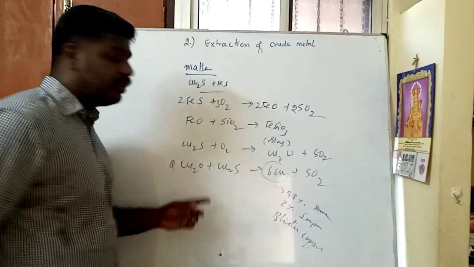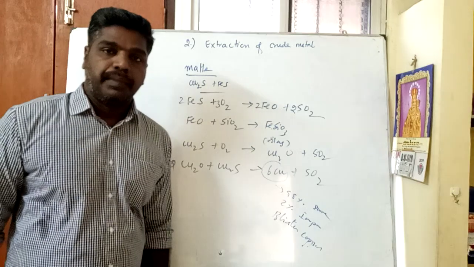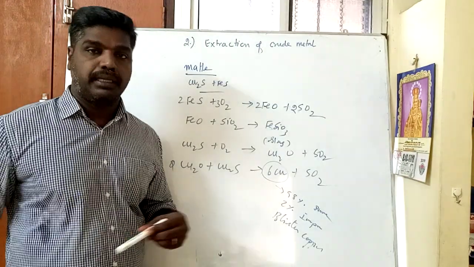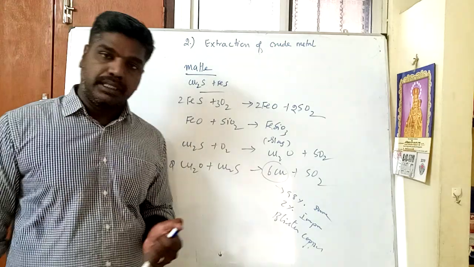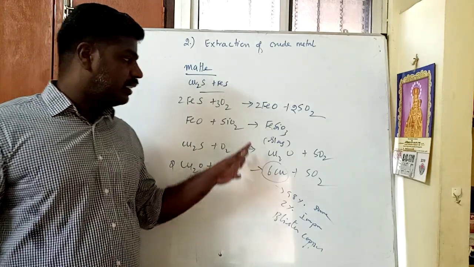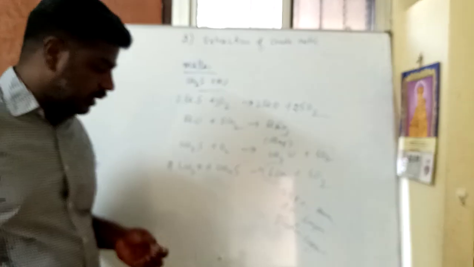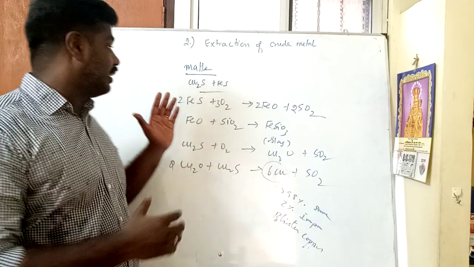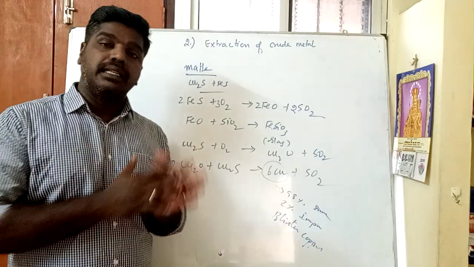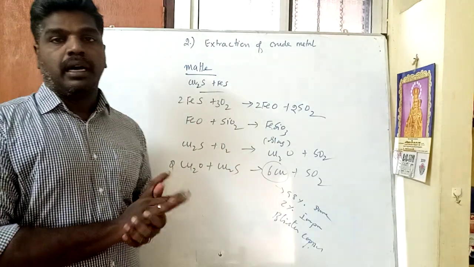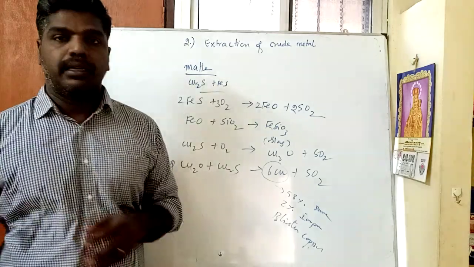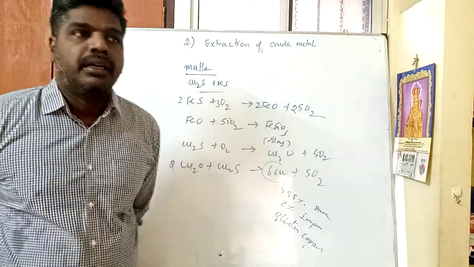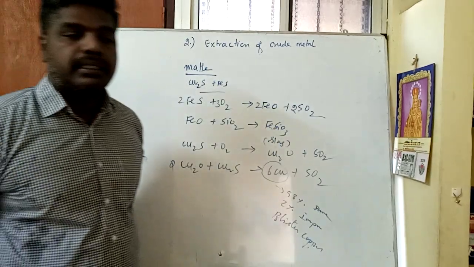This is a continuation of the fifth video. The fifth video tells about reduction of metal oxide to metal by using the smelting process. I have given you two examples which take place in a blast furnace. Last class, the last example we saw was iron oxide, how iron oxide is reduced to iron using carbon monoxide as a reducing agent.